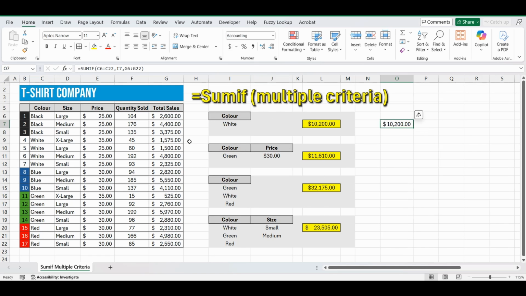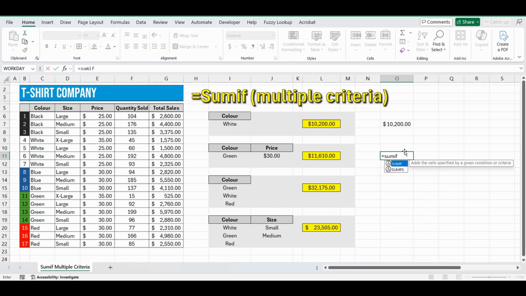So the next one is we want to sum if, but we've got 2 criteria, and they come from different columns. So we want it to be the color of green t-shirt, but we want the price to be $30. You can see the extra large is $35 and all the others are $30. So let's do that and build this formula, and it's slightly different. It's called equals SUMIFS. Now the sum range is where we start this time. So we're going to sum up this total sales column, cell G6 to G22, comma, and the criteria range 1